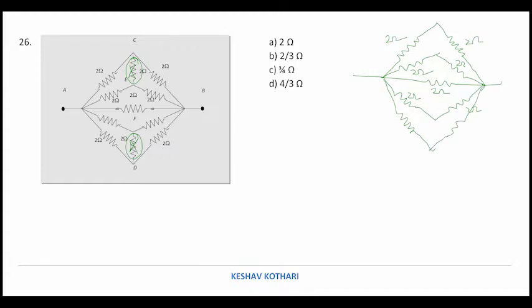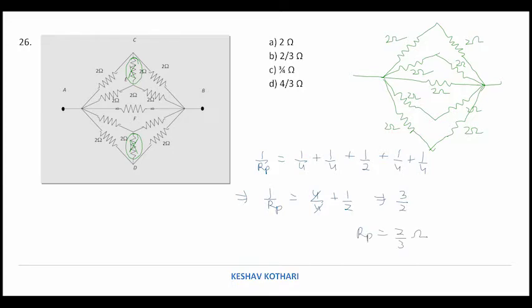Now if we calculate the effective value of resistance in parallel, one is 4 ohm, another is 4 ohm, another is 2 ohm. There is a repetition of 4 ohm twice, so I am writing here again 1 by 4 and again 1 by 4. Then I can solve it in the next line. So 1 by R parallel is 1 by 4 plus 1 by 4 plus 1 by 2. So we get a value equal to 3 by 2. So Rp is equal to 2 by 3 ohm. For this problem, the answer is 2 by 3 ohm.